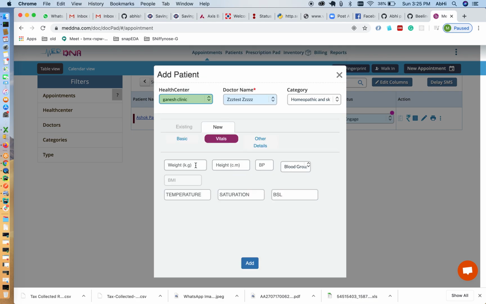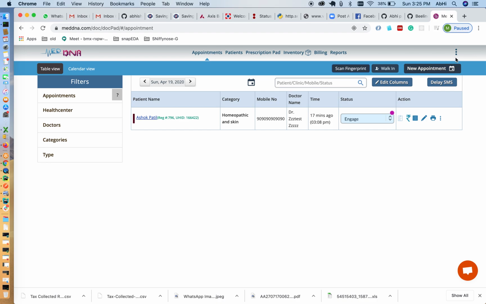Next field is vitals. If sometimes we want to add vitals of my patient, like height, weight, BP, anything, that can be done. And these vitals are always saved in the patient information date-wise. Suppose on 5th of September 2019 I'm entering a particular piece of information here, it will be saved for 5th September. If the patient comes again after 15 days, on 20th of September, that day's information will be saved. And these vitals fields are completely customizable.